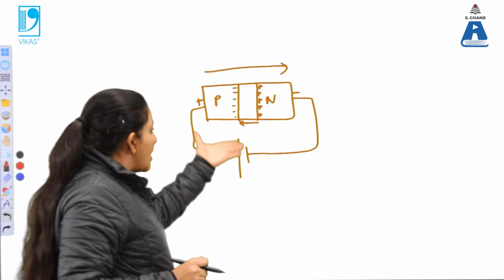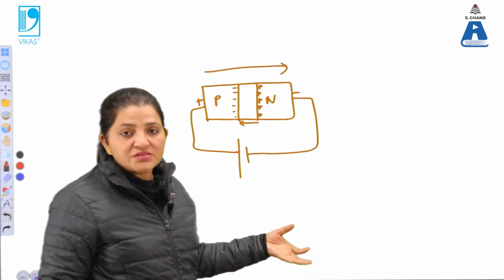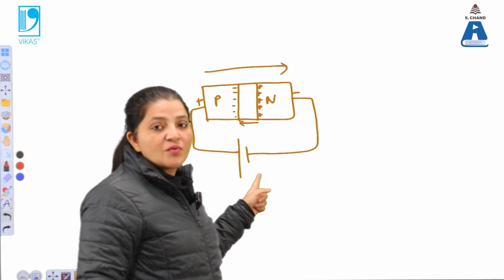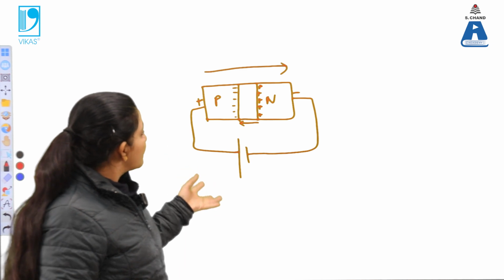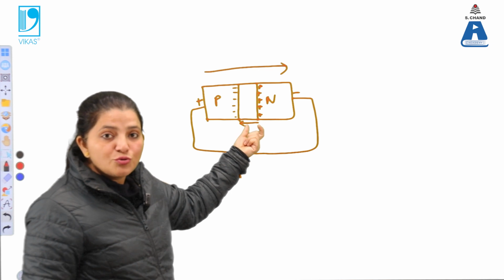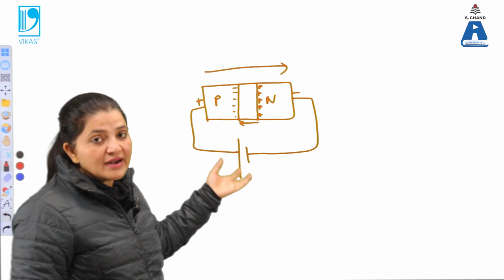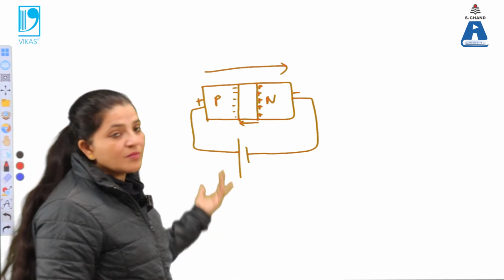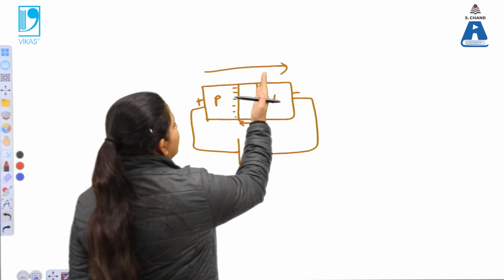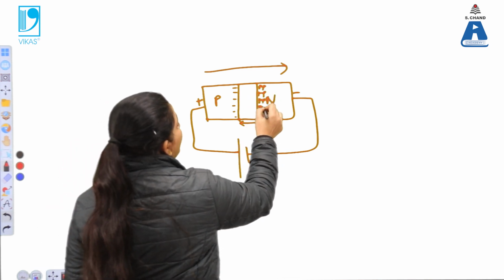So when our p-n junction is connected in such a way, that is forward biasing. Forward biasing means positive is connected with the p and the negative is connected with the n. In such a case, the thickness of the depletion region gets smaller. If it is reduced, then automatically the current in the device can be enhanced. But that is only up to some voltage, because again, as more and more electrons jump from n to p, more positive charge will be developed over here.